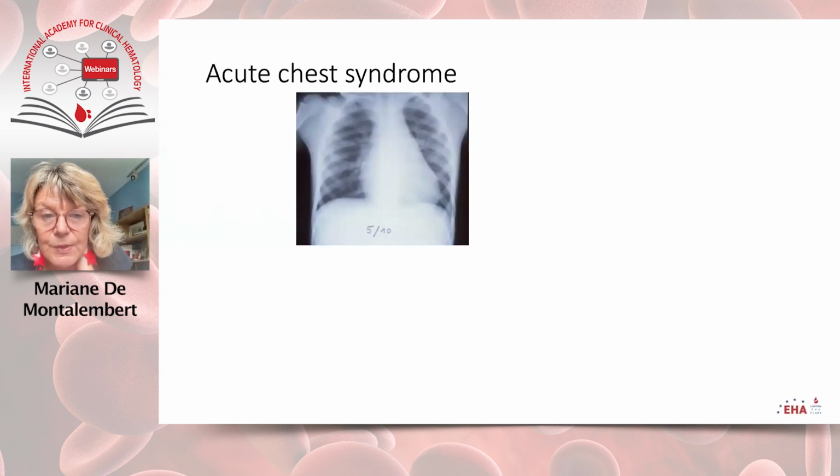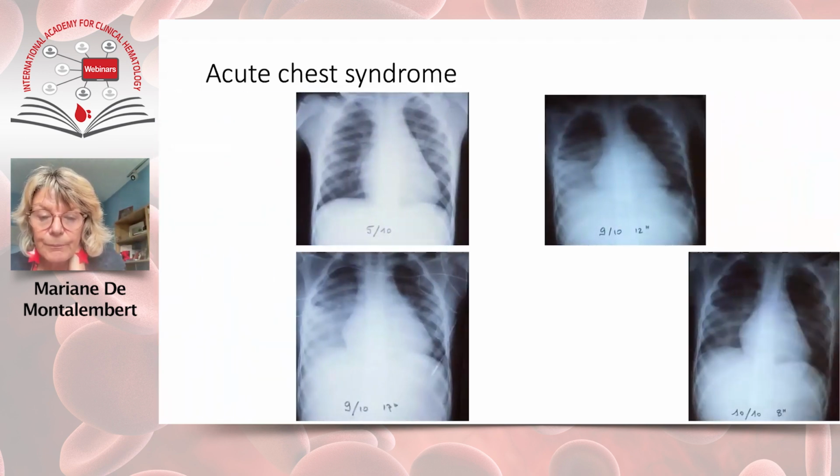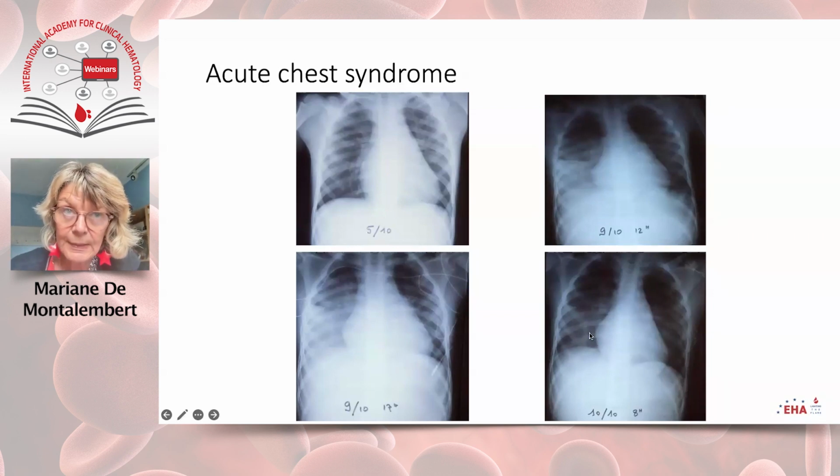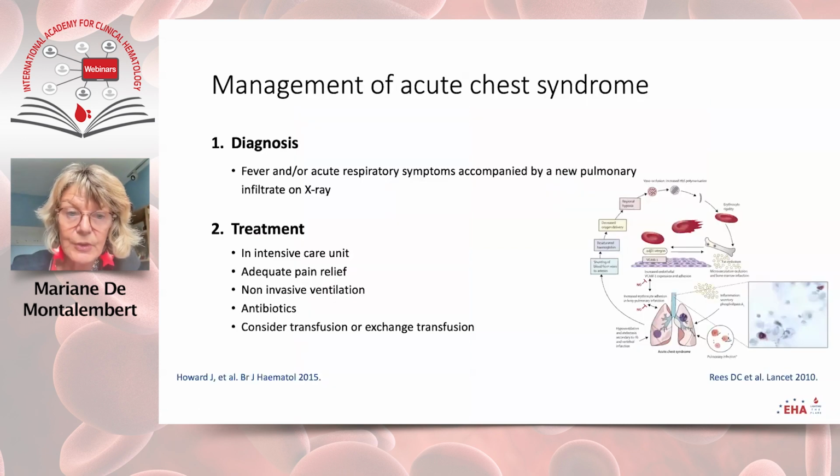A special feature is acute chest syndrome. The patient comes for fever and cough, and then he gets this pulmonary infiltrate, meaning acute chest syndrome. Here, in this case, he worsens, goes to the emergency unit. He has an exchange transfusion, and some hours after is improved. This is the first cause for death in adults, acute chest syndrome,